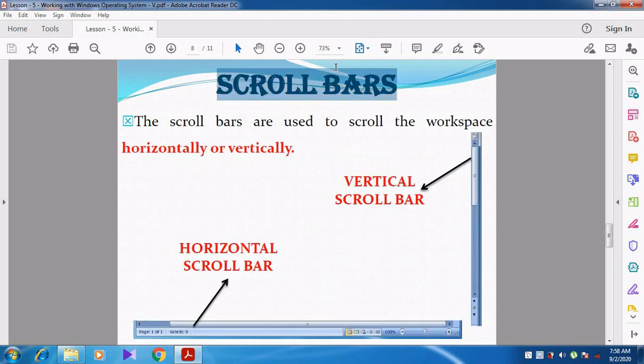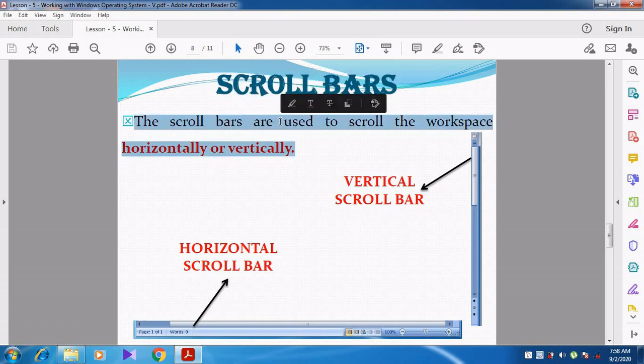Then scroll bars. What is the meaning of scroll bars? There are two types of scroll bars: one is called the horizontal scroll bar and the other is called the vertical scroll bar. The scroll bars are used to scroll the workspace horizontally or vertically. For example, I am going to open Microsoft Word. If I want to move from top to bottom, I use the vertical scroll bar.